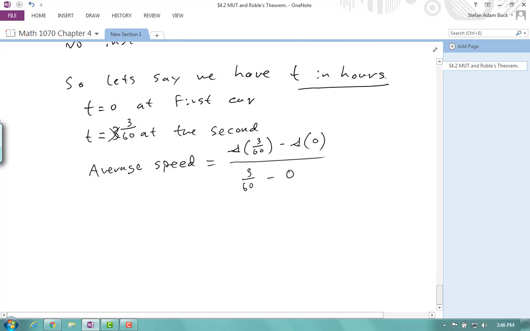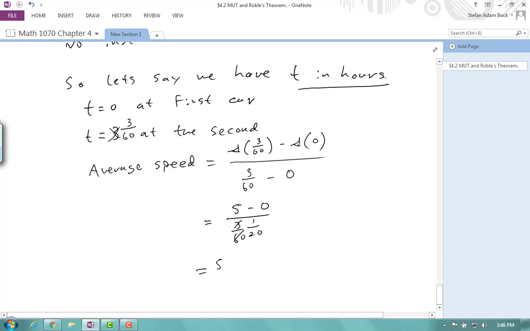But his position after that time is just simply 5 miles further down the road. So I have 5 minus 0 divided by 3 over 60, which simplifies to 1 over 20,